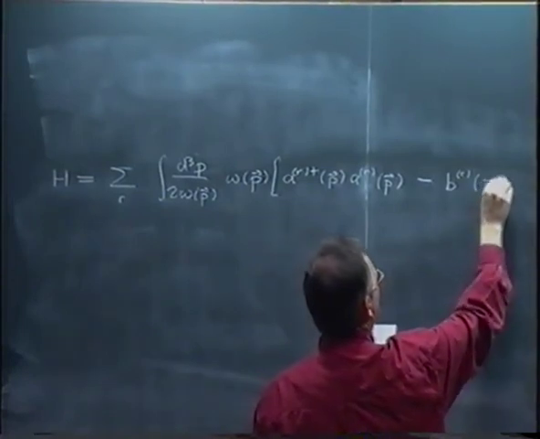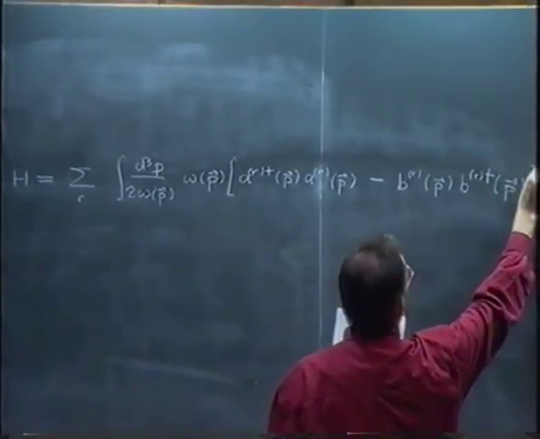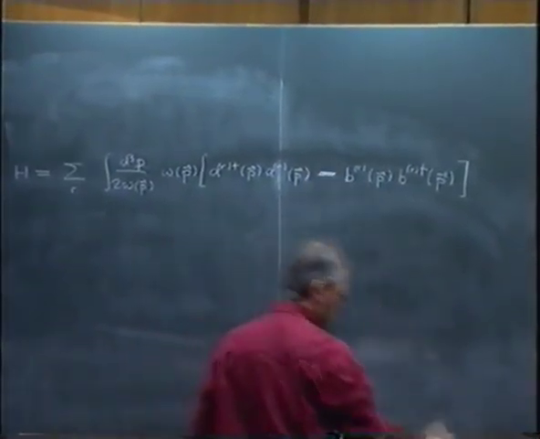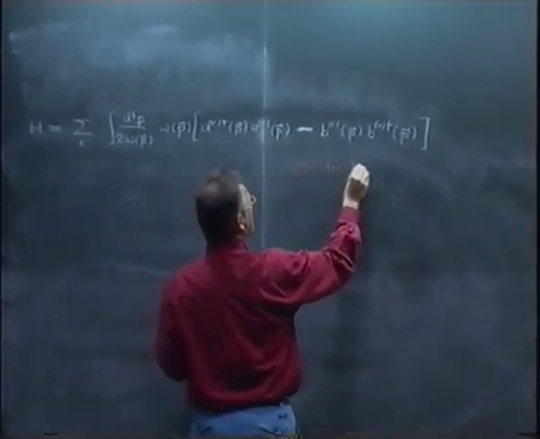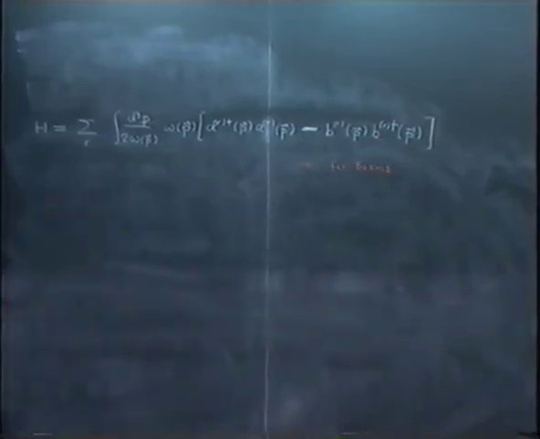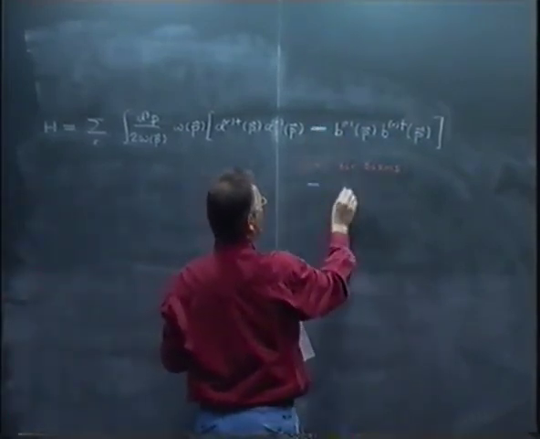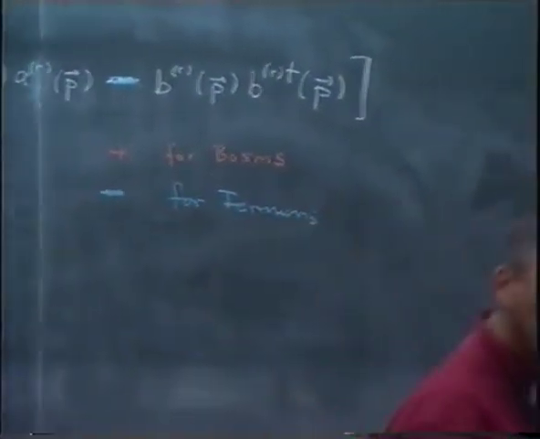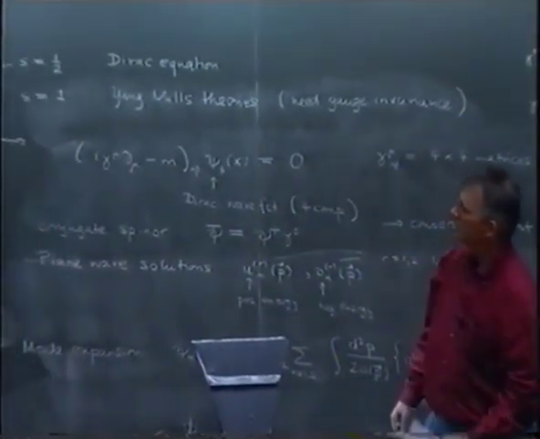This is really a crucial minus sign. Minus signs, well, are crucial and not so crucial, but this minus sign is really crucial. So this is minus, and for the bosons, we would have a plus here. So it's minus here for fermions. And this comes out after a longer calculation, where you also have to use properties of these u's and v's.